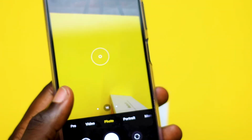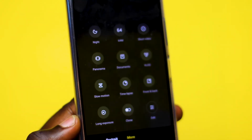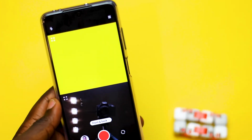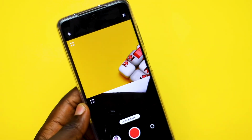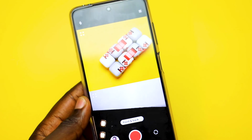In the camera application, you have a lot of functionalities with photo and video. You also have some more options where you have things like night mode, 64 megapixel mode, time lapse, and others. One of the modes that I find interesting is the front and back mode where you can capture both cameras at the same time. Luckily for us, we have Gcam for the POCO X3 and I've been testing it out